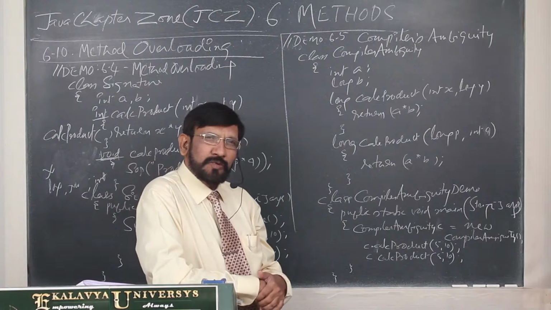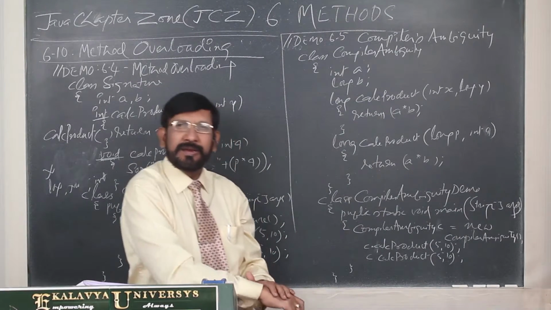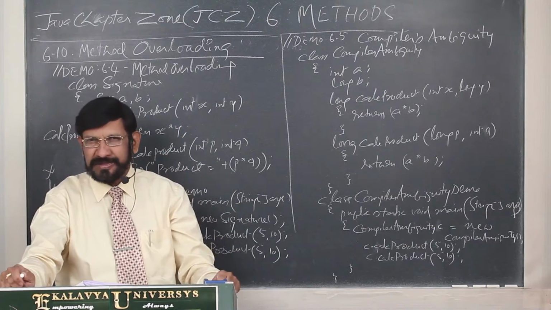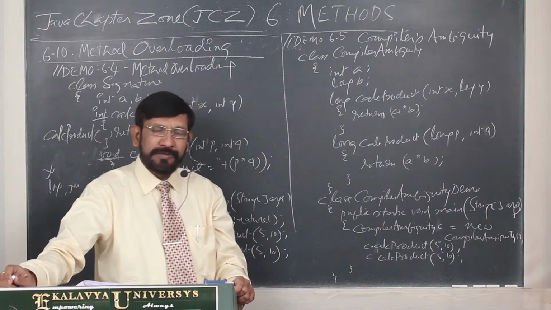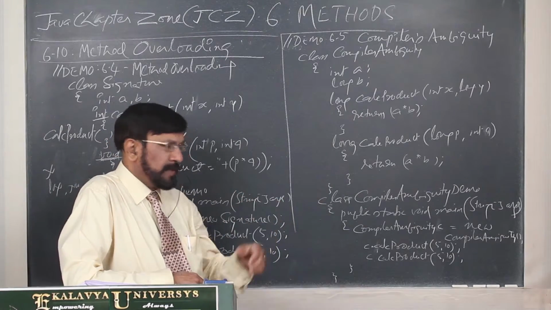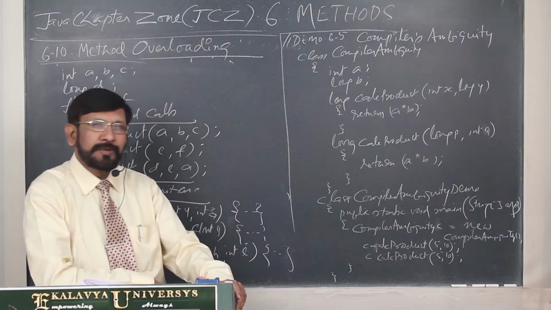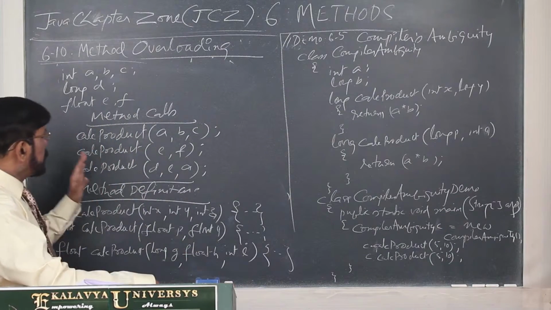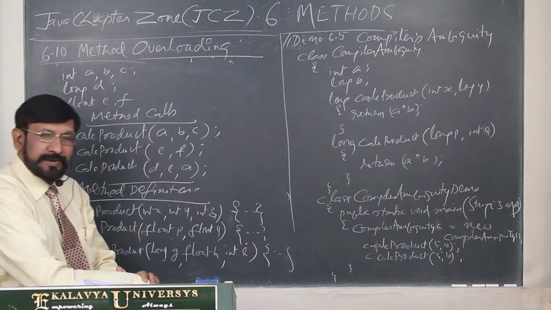But sometimes, technically the signature is different, while in a compiler's view, the signature may not be different. In a few cases you have to notice that also. Otherwise, you feel that the signature is different, so why is the compiler facing ambiguity? In order to enable you to understand this concept thoroughly, I am giving a segment of code. By that, you can understand it better.